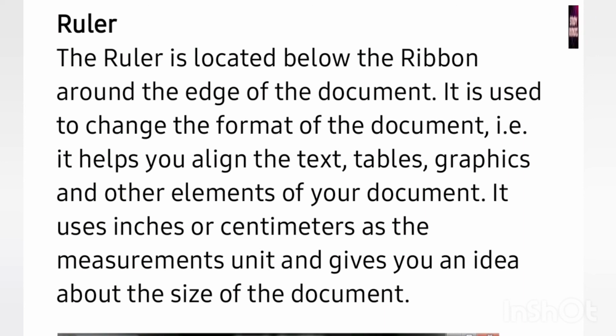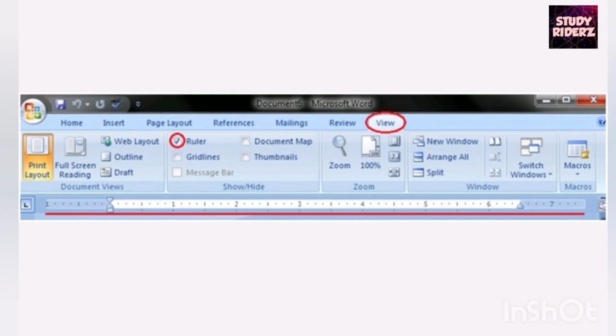This ruler uses inches and centimeters for measurement units. That helps to give you an idea about the size of your document. So I will show you where ruler is located. So see last tab, view tab, in which below the ruler is located.